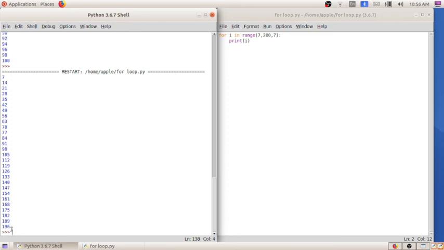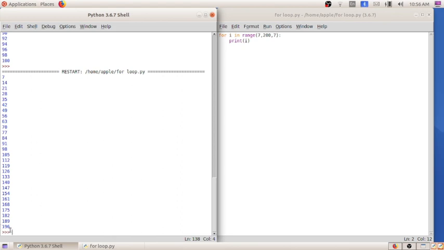200 is not printed. So 7, 14, 21, 28, 35, 42. These all are the multiples of 7. 7 into 1 is 7, 7 into 2 is 14, 7 into 3 is 21, 7 into 4 is 28, 7 into 5 is 35, 7 into 6 is 42, 7 into 7 is 49. Till 200, 200 is not printed.